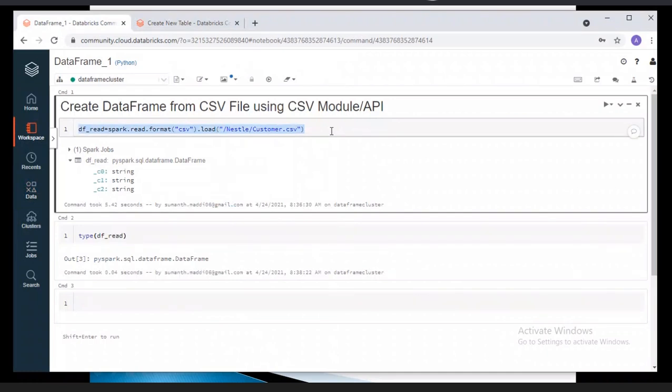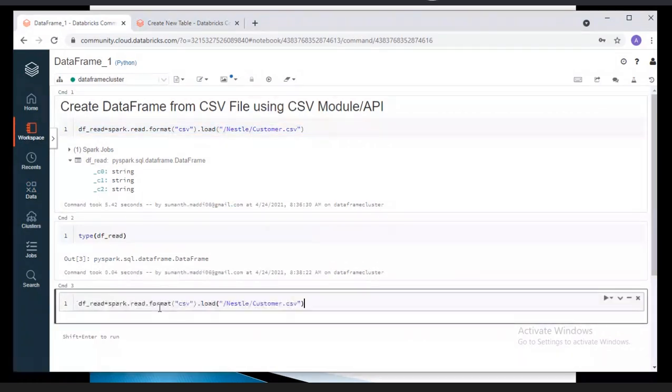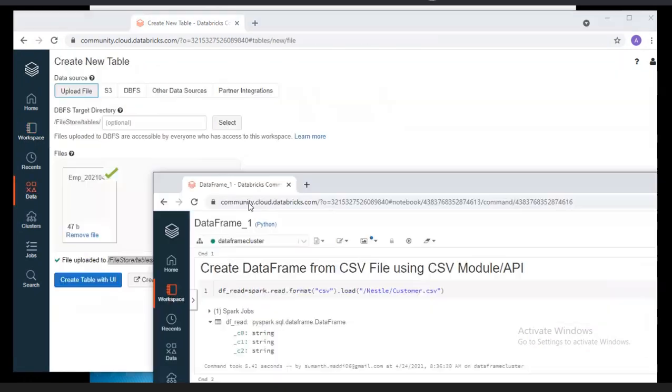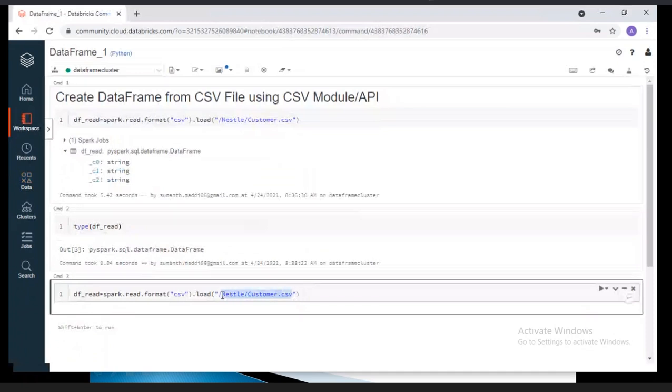The next example also: let me create another file, and one more data frame, df_read_emp.